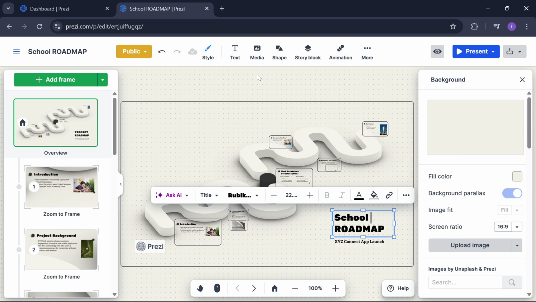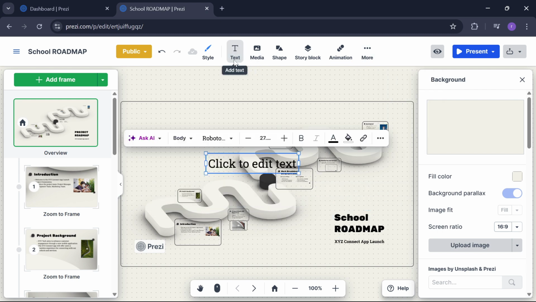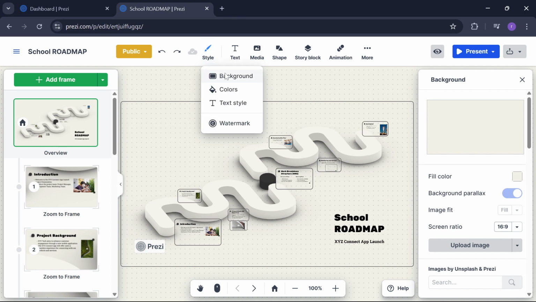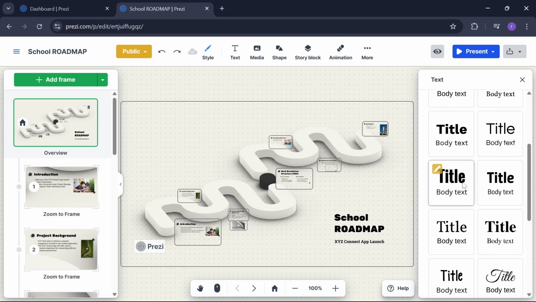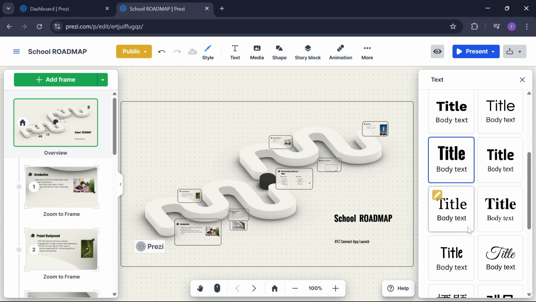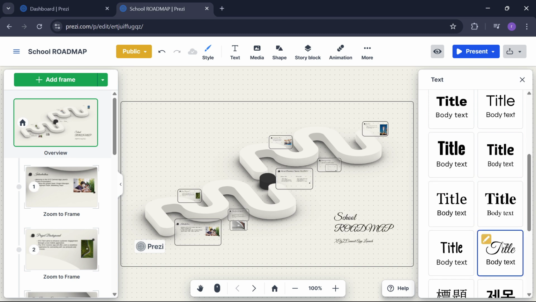You can change the colors and the fonts from here, and you can also add text. You can click on style and see the text style colors. If you select text style, it will show you the fonts. You can just select any font from here. As you can see, it's already getting changed,